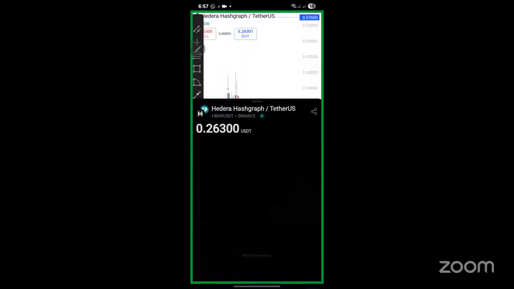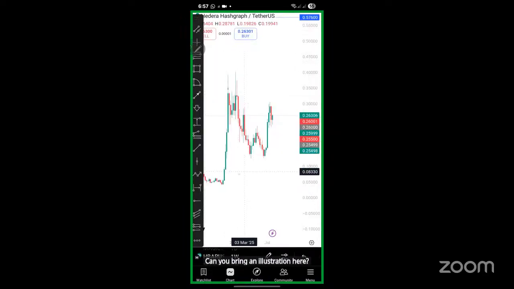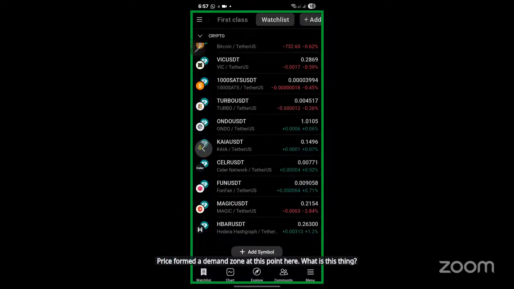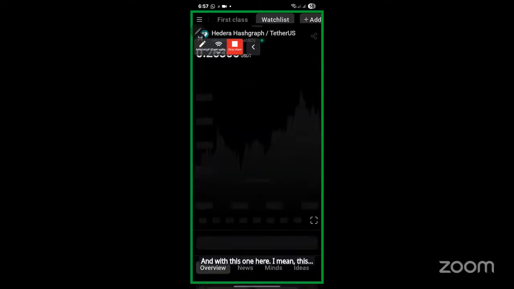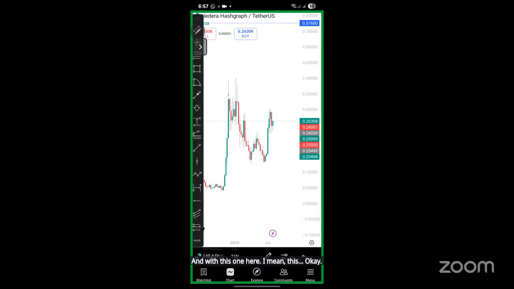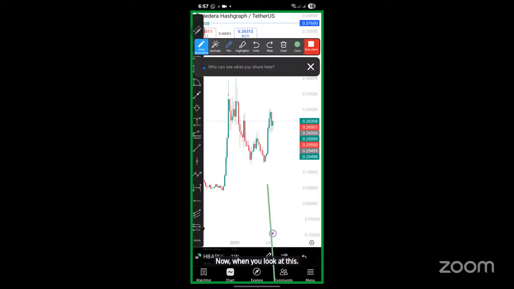Let me bring an illustration here. When you look at price here, price formed a demand zone at this point. Now, when you look at this, price made a demand zone around this point, and we said, how do we